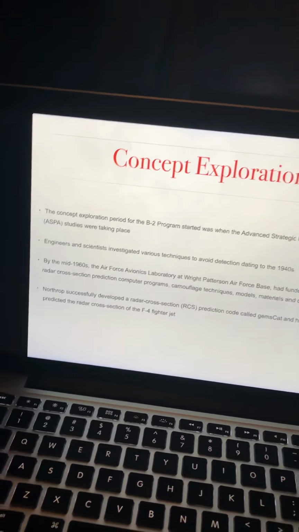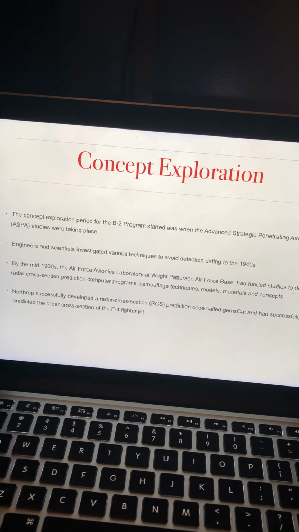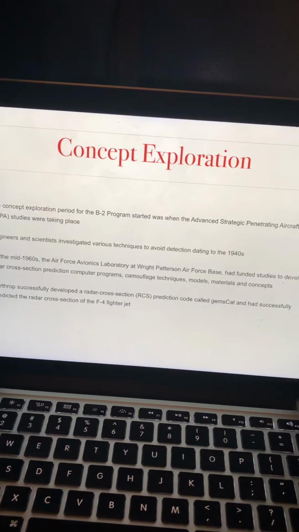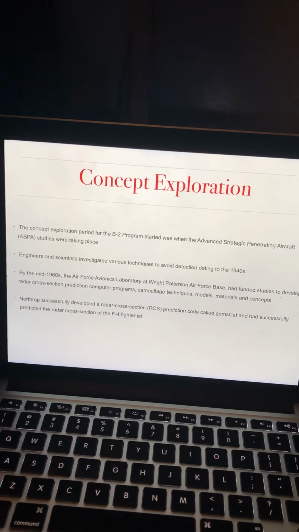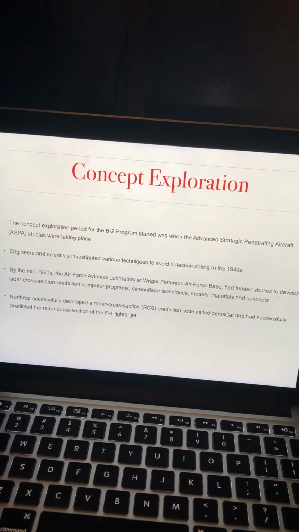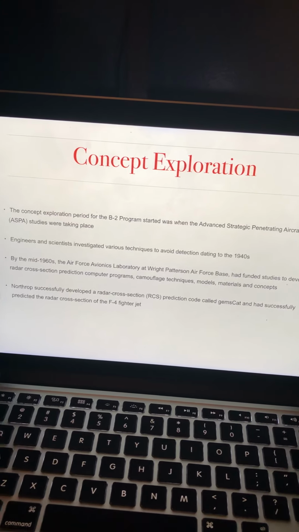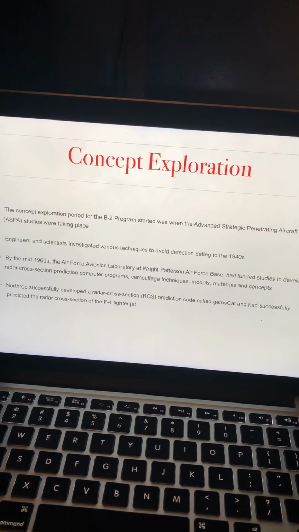The concept exploration period for the B-2 started when the Advanced Strategic Penetrating Aircraft (ASPS) studies were taking place. Engineers and scientists investigated various techniques to avoid detection, dating all the way back to the 1940s. By the mid-1960s, the Air Force Avionics Laboratory at Wright-Patterson Air Force Base had funded studies to develop radar cross-section prediction, computer programs, camouflage techniques, models, materials, and concepts. Northrop successfully developed a radar cross-section prediction code called GEMS-CAT, and had successfully predicted the radar cross-section of an